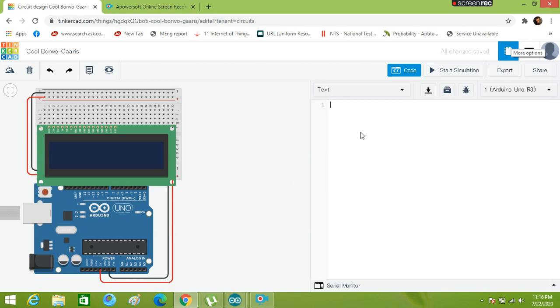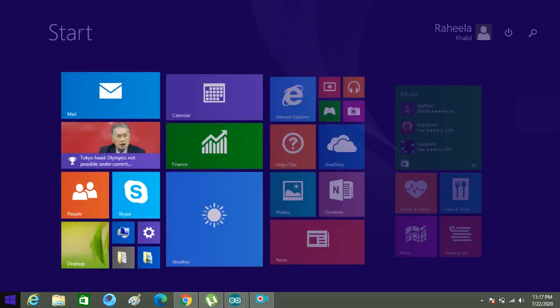While writing this program on Tinkercad workspace, it looks in a very small font, and you may have some problem in understanding this code during a video session. So instead of writing this code directly into the workplace over here, I would write